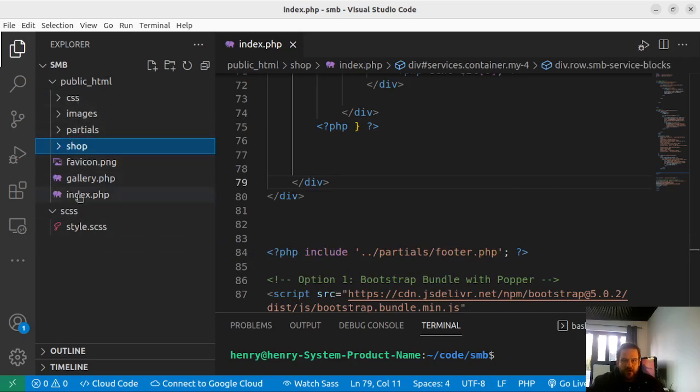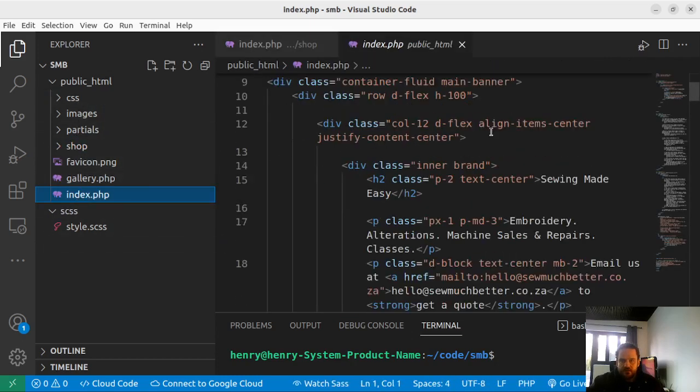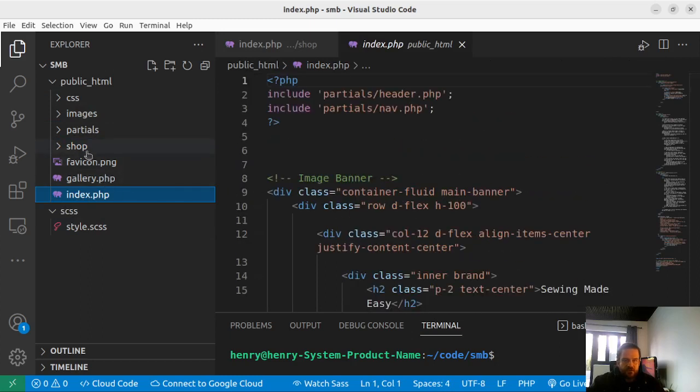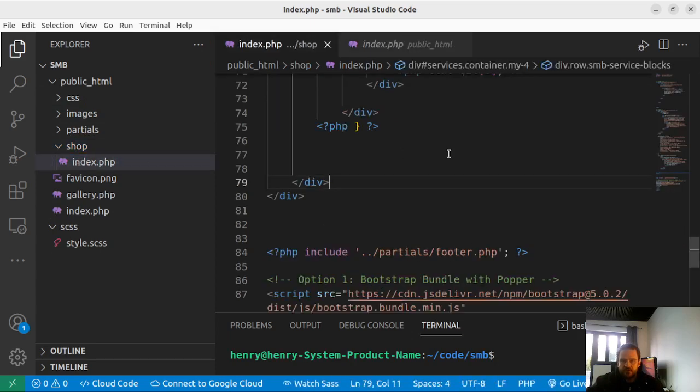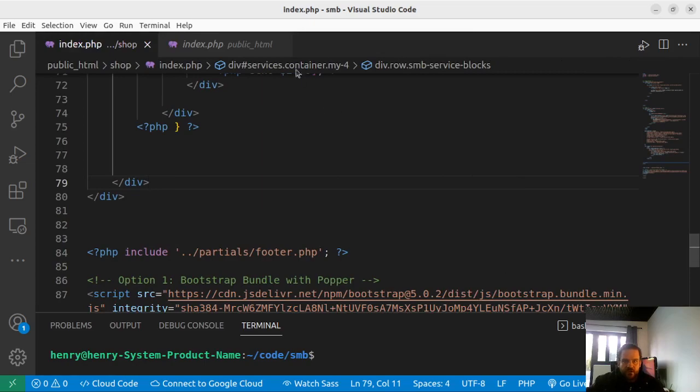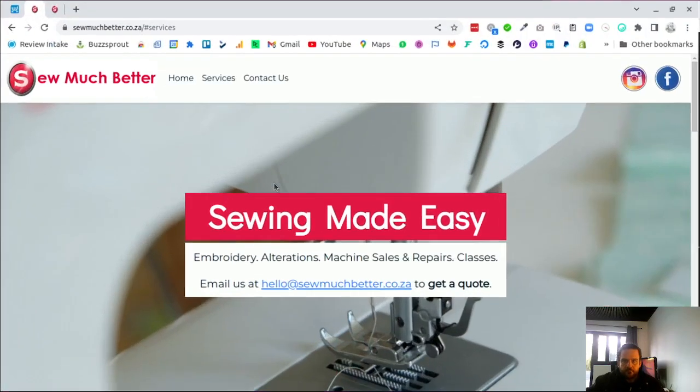And this is my home page, static home page, and then I've added a new page for shop. I've just put it into a folder so that you can have pretty looking URLs. Just go /shop and then go into index, and this is my shop page. So all I've done is copied the code from